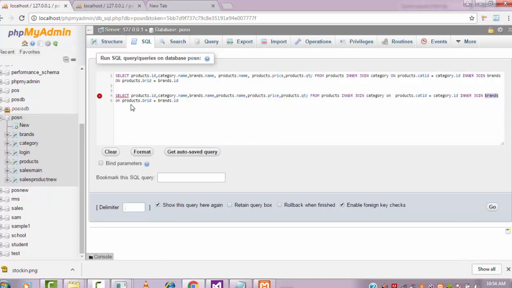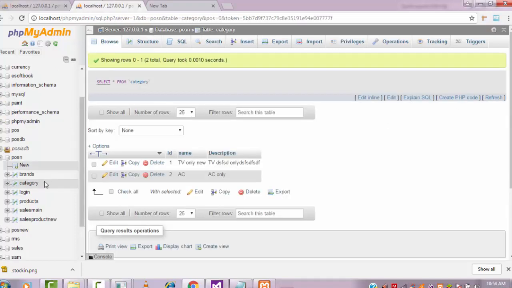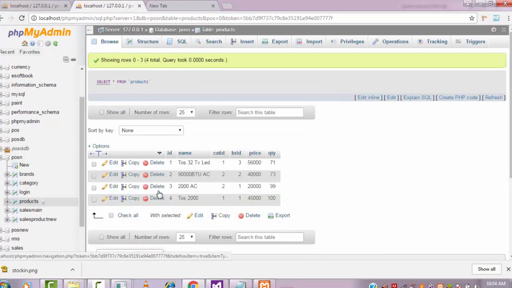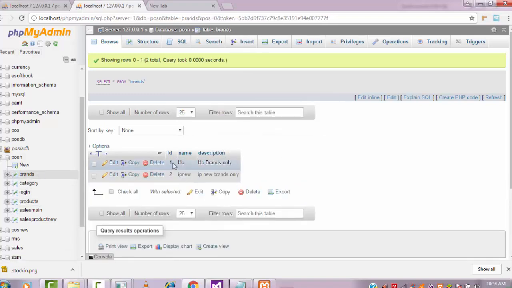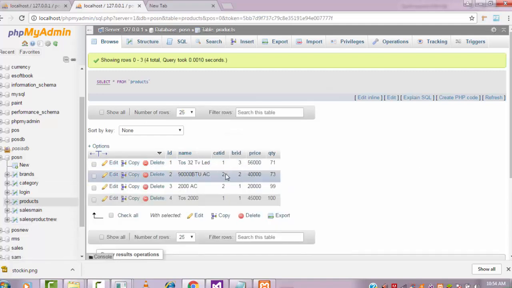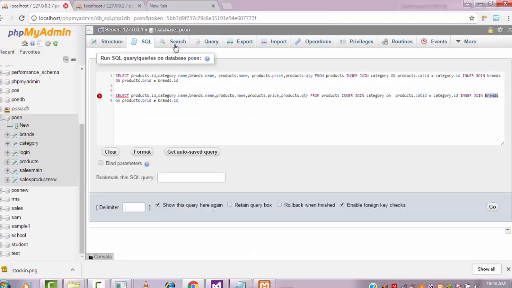How to join? If you go back to the products table, the brand ID is available, products dot brand ID, the same ID available here equals this, which will be the primary key, and that will be the foreign key here. In the brands table also brands dot ID will be available. Okay, that's how I merge two.